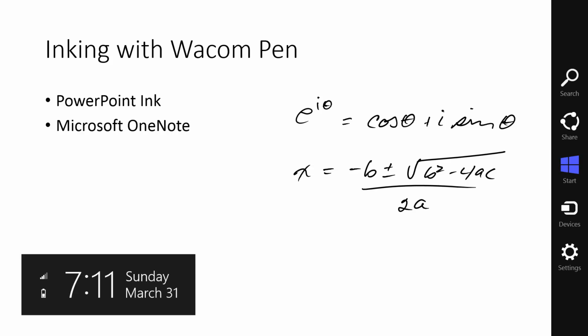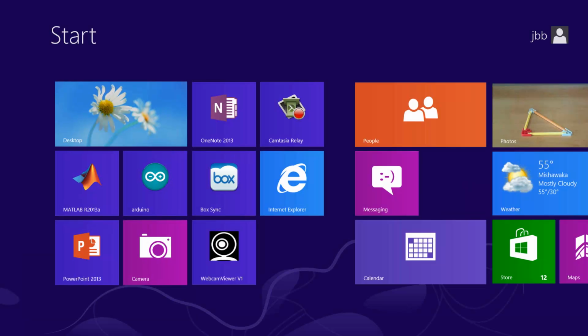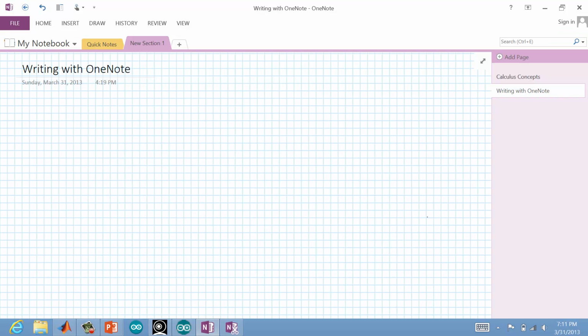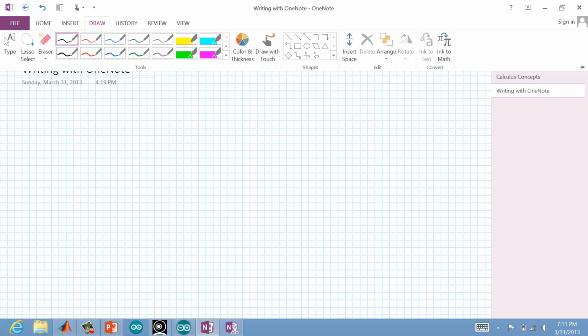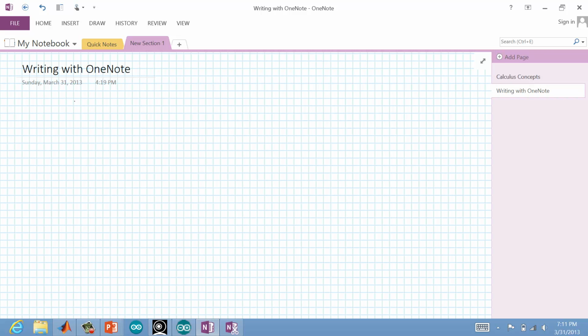Another application is OneNote, and I'll bring that up. So OneNote, if you're really doing a lot of writing with your stylus, is probably the best application that runs on the Surface, and I'll show you one particularly nice feature. So let me pick a pen, and I'll pick a blue pen just for the sake of discussion. So I could write, for example, the first line, and then I could put another line underneath it,